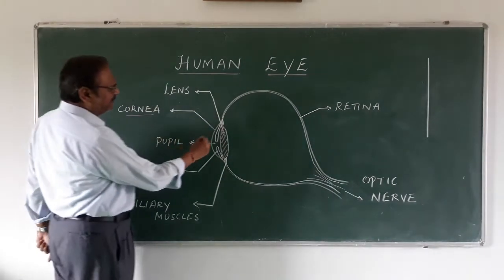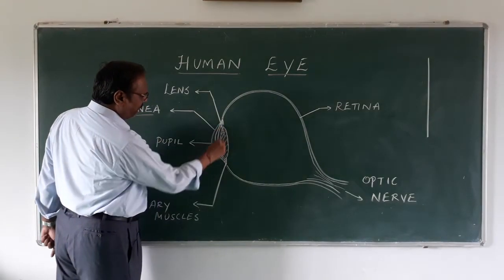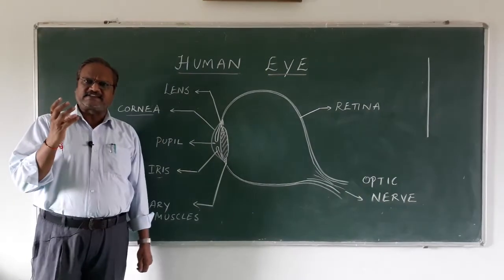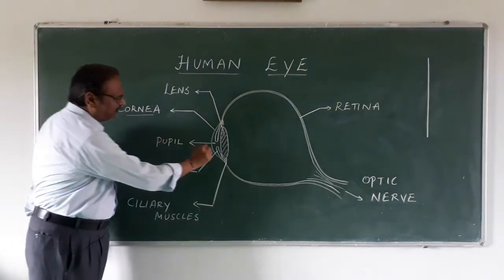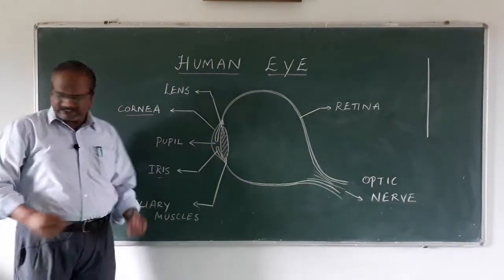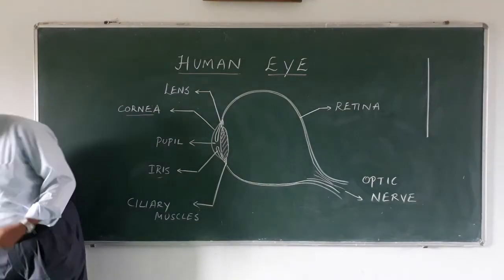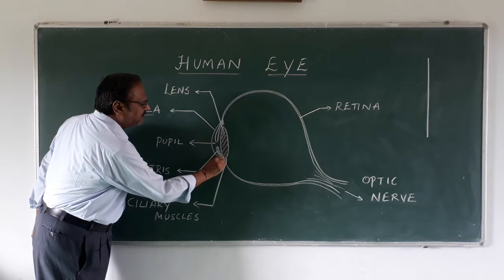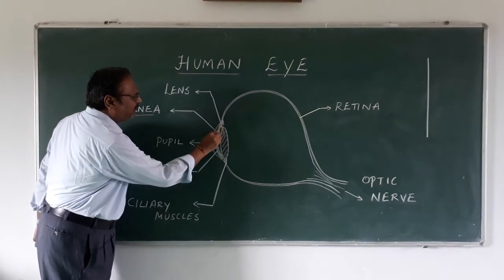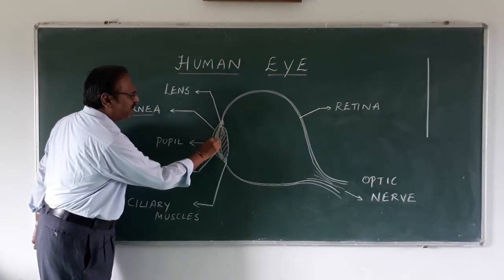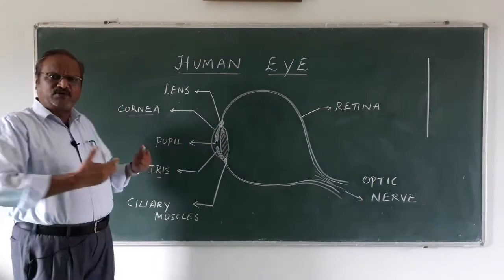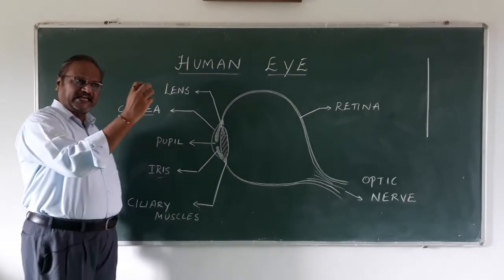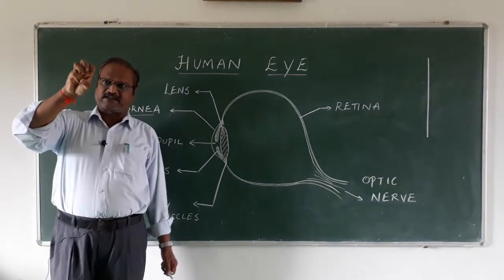The first part where the light enters, that part is called cornea. After that, you will find that there is some part which is called iris. What is iris? Iris is also a type of muscle. Okay, let me use some other color of chalk paste. And you see, this is iris. They are all made up of muscular material and fiber material. They can move. So, an iris can expand or contract.